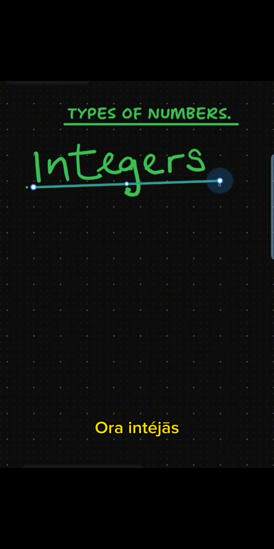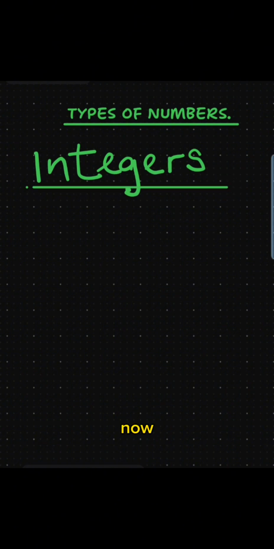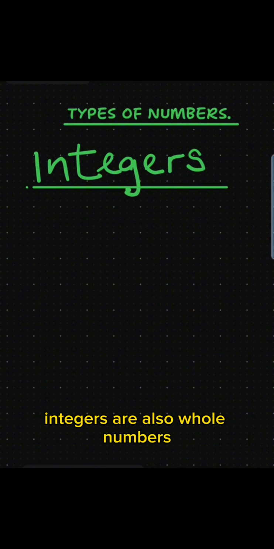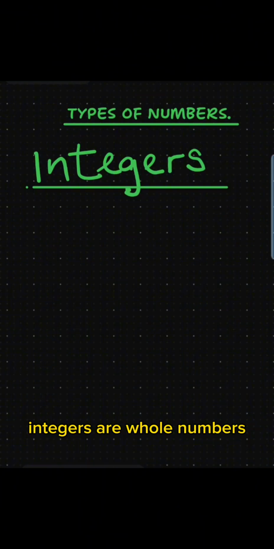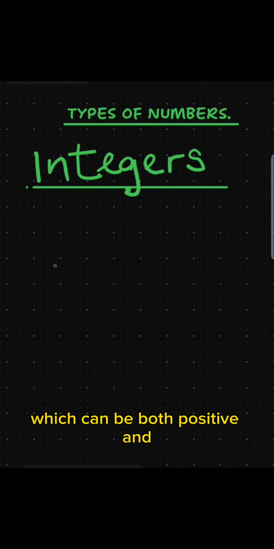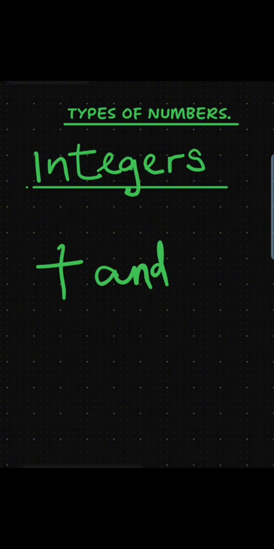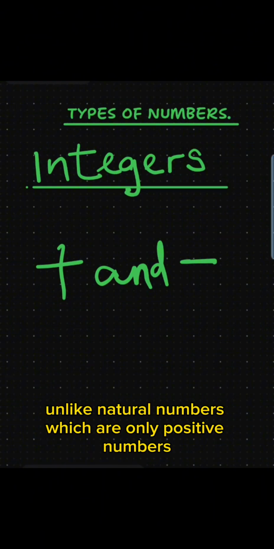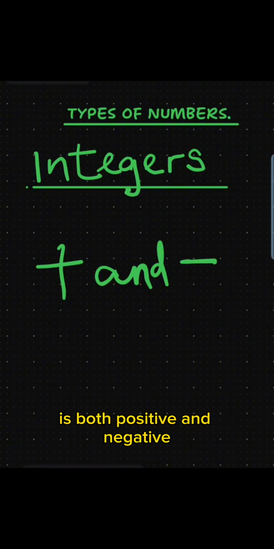What are integers? Now, integers are also whole numbers. Okay? Integers are whole numbers which can be both positive and negative. Unlike natural numbers which are only positive numbers, integers on the other hand are both positive and negative,